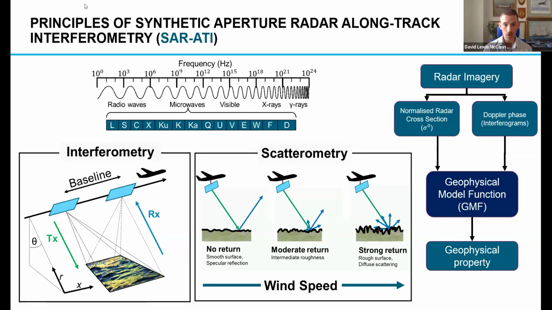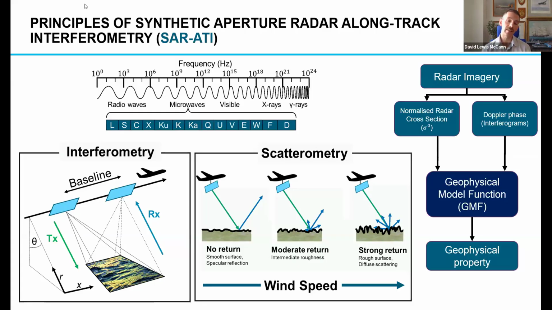And this whole unit with the baseline is moving along track, so flying in the same direction as the platform. And with this, we measure the phase velocity, the movement of scatterers on the ocean surface in the radar